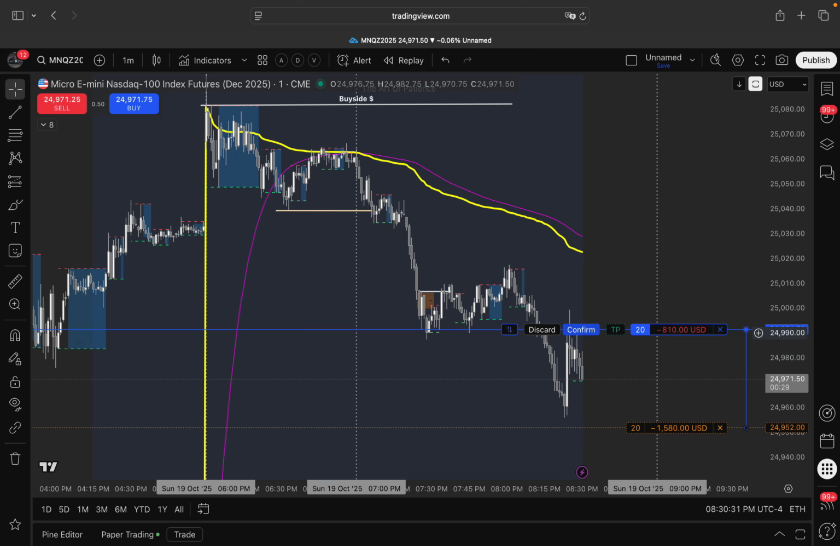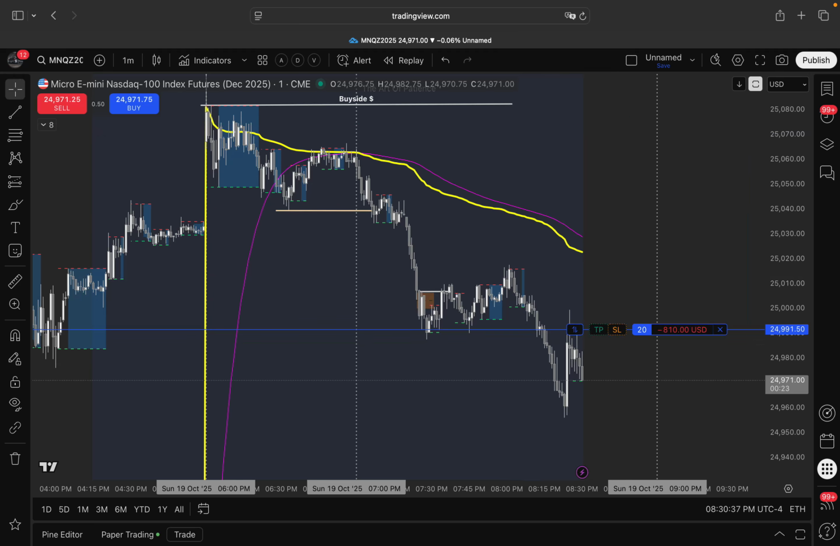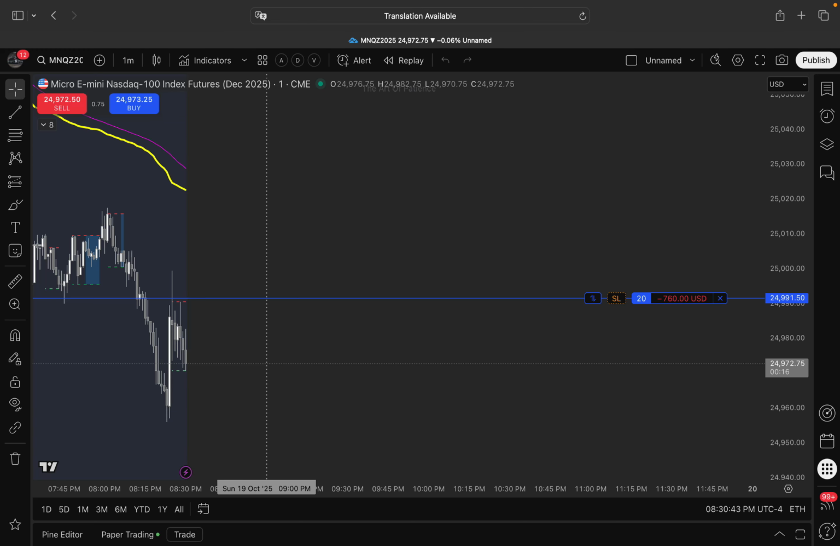Okay, so let me move it here, confirm, and let me refresh this page real quick. I don't know why it doesn't automatically, immediately display that stop loss and take profit on the charts. Okay, so